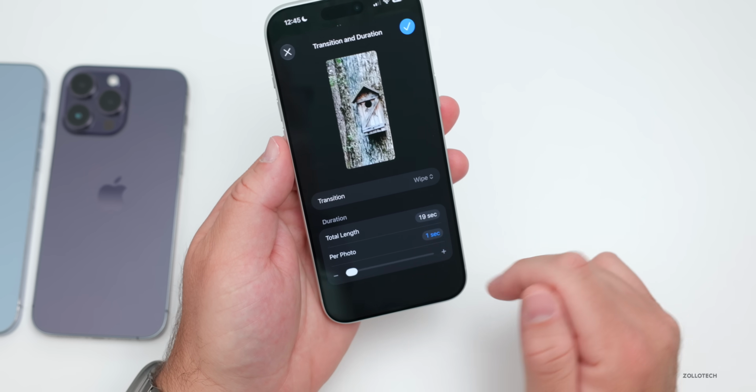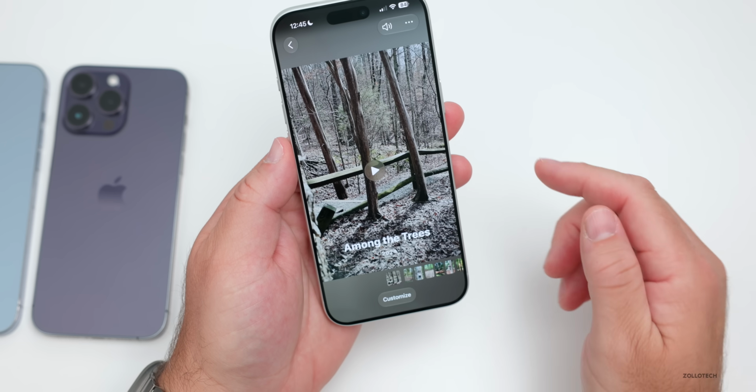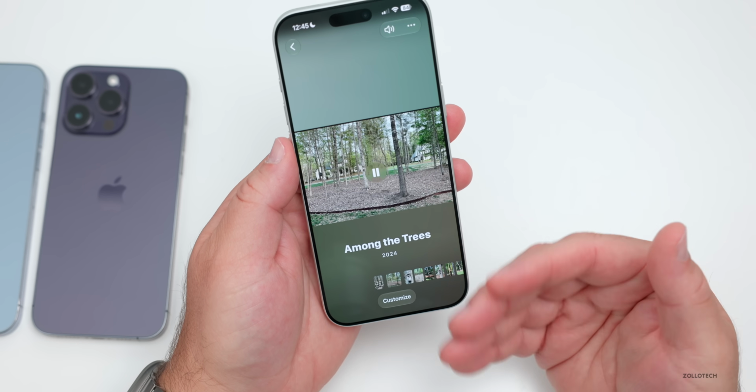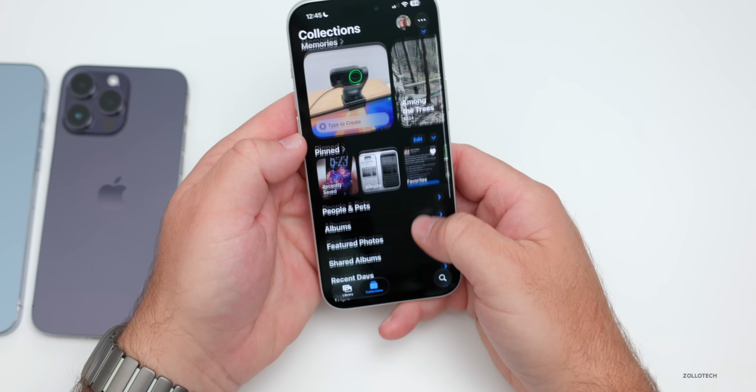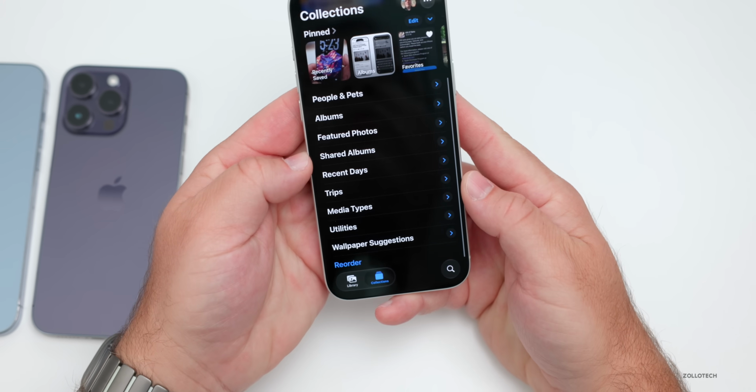You can do that and extend this out. So again, we can have it transition quickly now, and now it's playing, and you'll see that it's changing quickly based on our settings. Now, if we go back here and we scroll down, shared albums get a few enhancements